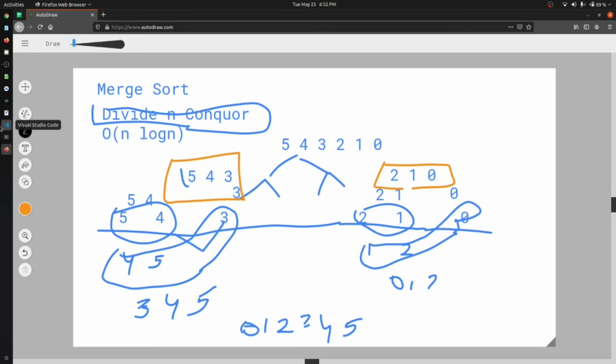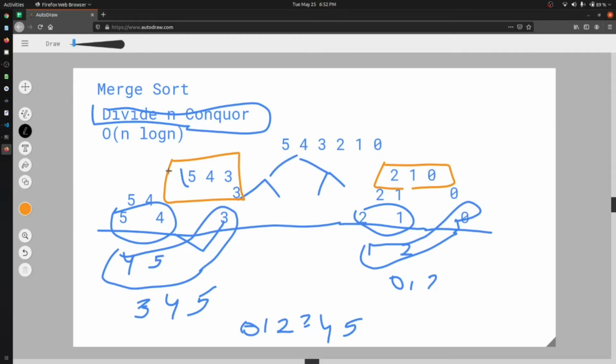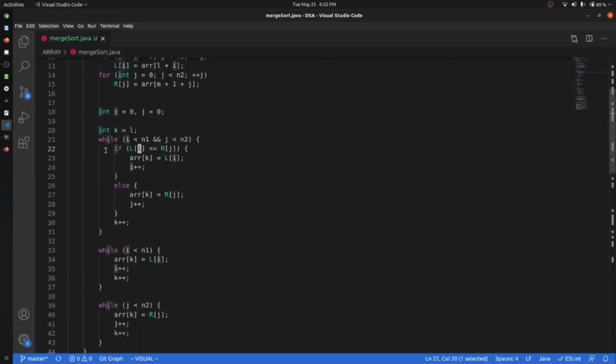Okay, and moving forward, it will just check. You can see that it is checking whether my index in left, what we are doing, we are using the two pointers algorithm in a way in which it will just check the element in both of the arrays, and now it will just merge them. Okay, so you can see that after checking if it is greater, it is just appending them, or it is just replacing my original array and creating a new array.